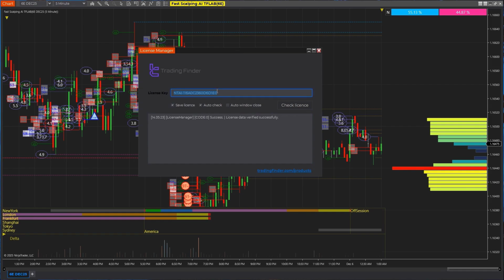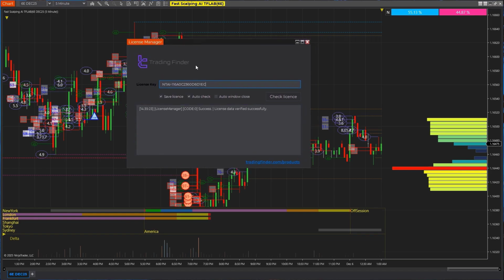In this window, you can also see 3 checkboxes. The first one is Save License, so that you don't have to copy and paste this license every time, and your license will be saved in this box. For you, you click on the Save License section. The next option is Auto Check. This means that every time you load the indicator and it comes up, or when you open your chart that has this indicator, it will be loaded and your license will be checked automatically, and the indicator will be activated. The third option is Auto